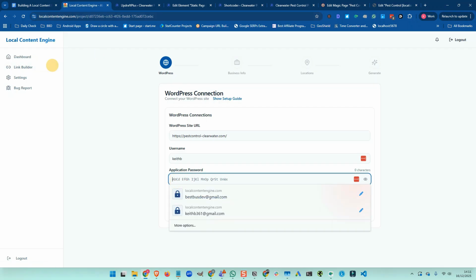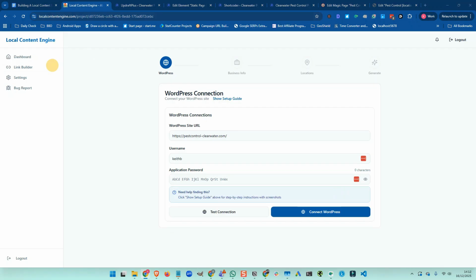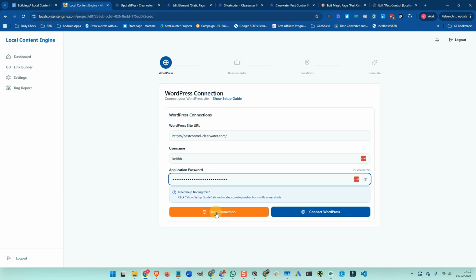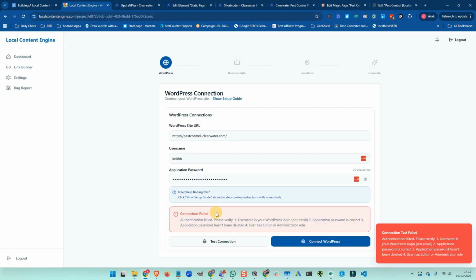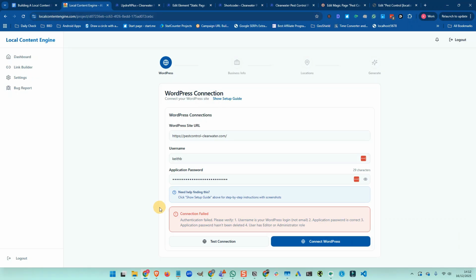Have I got my app password? It should be my app password. So do that. Test the connection. Oh, obviously that was a failed one. It must be a different bloody app password. Have a look. Never mind, I'll change the